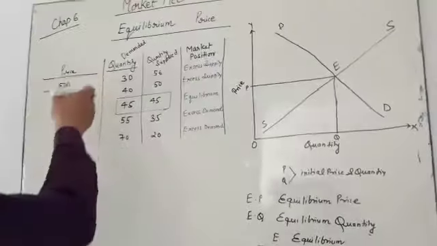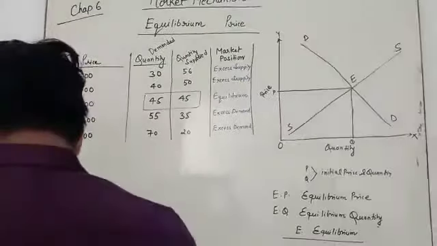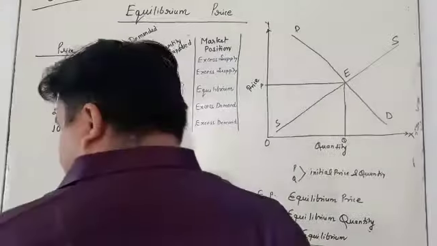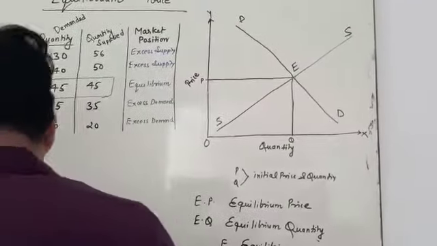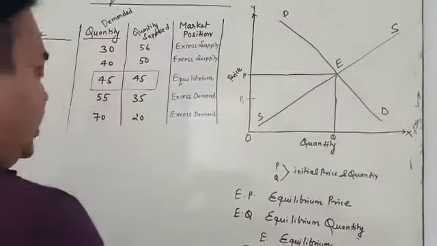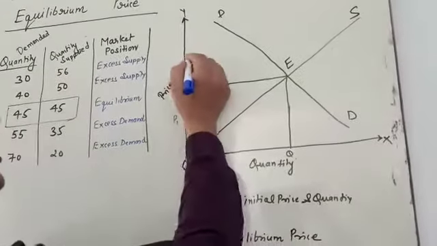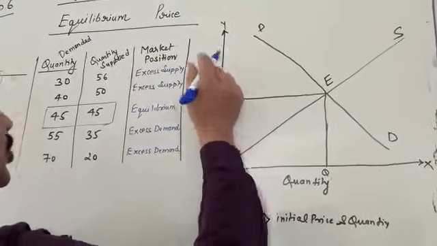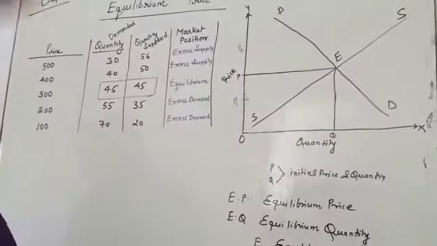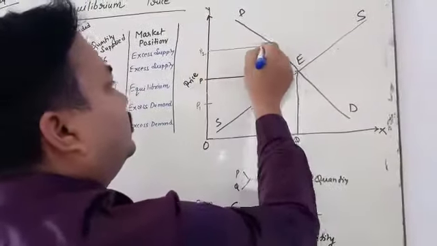My dear student, in the same situation you can also draw the diagram. Suppose the price decreases to P1. What will happen? The quantity demanded will be more. Suppose the price is increased to P2. Increase means the quantity demanded is going to decrease. So quantity demanded also decreases. In this situation, what will we observe here?